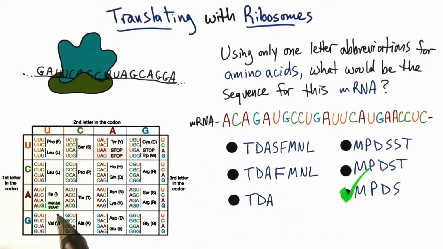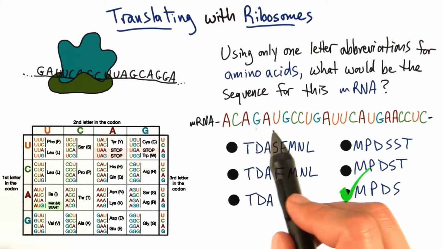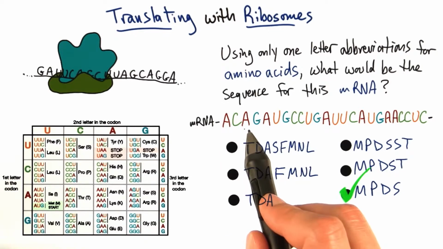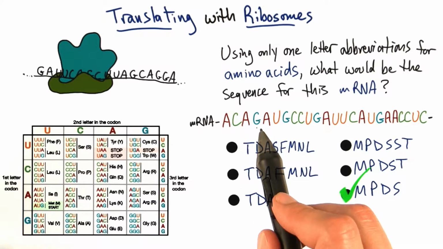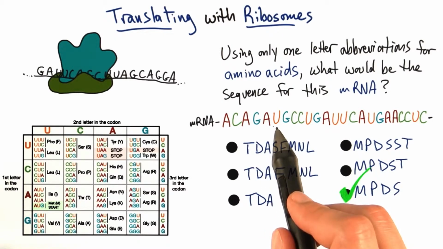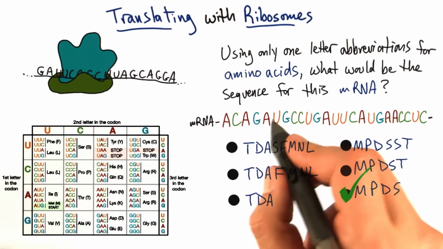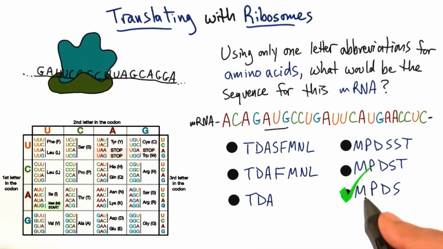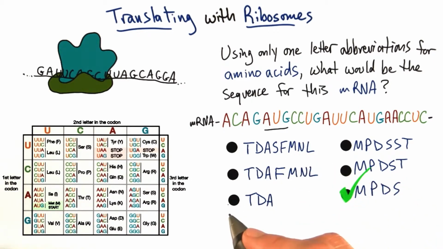We have one start codon, and it is methionine. A ribosome is looking for that start codon. And if I read my mRNA, ACA, nope, that's not it. CAG, nope, that's not it. AGA, nope, that's not it. GAU, nope, that's not it. AUG, there it is, AUG. AUG is my start codon, right? That means I get a methionine. None of these start with methionine.